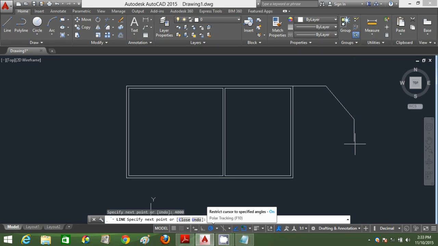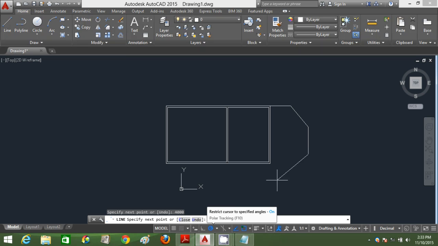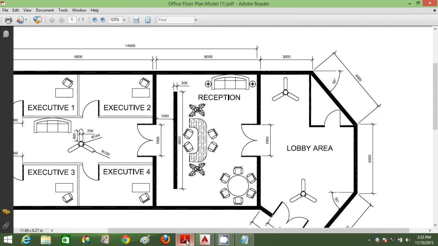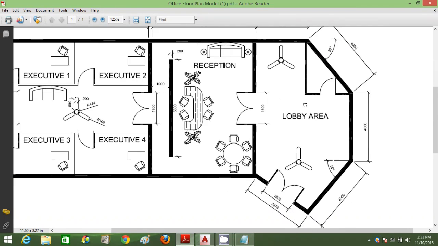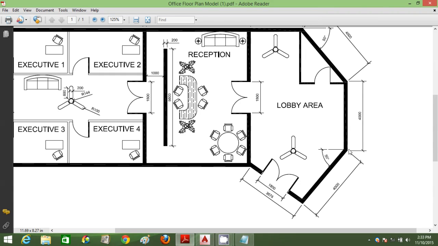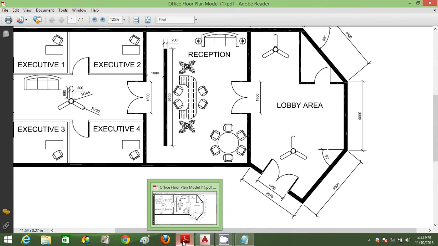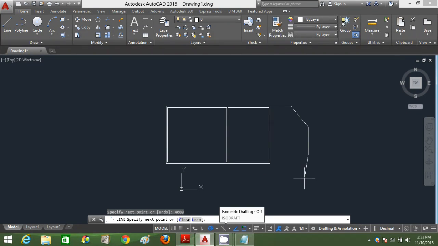Alright, so just polar tracking, type 4000. Alright, you can see this line is going 4000 also, but with an angle formation of 50 degrees. So as I said earlier, AutoCAD only accepts angles which start from the 0 degree axis. So in this case, I have to